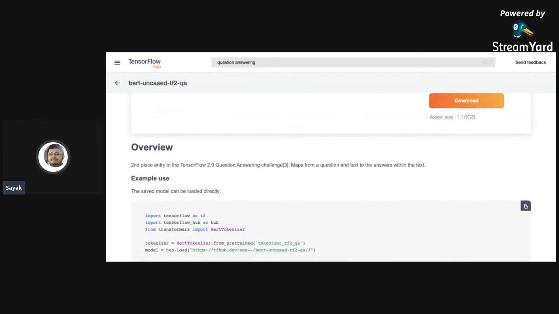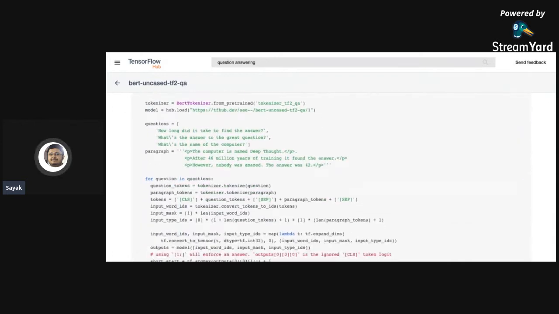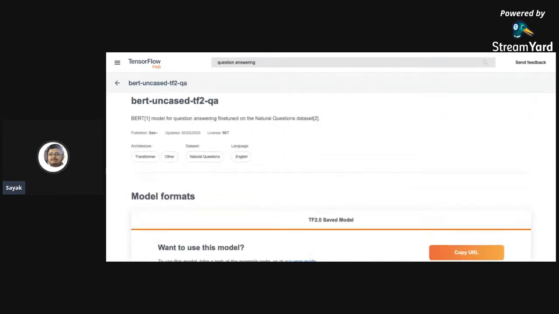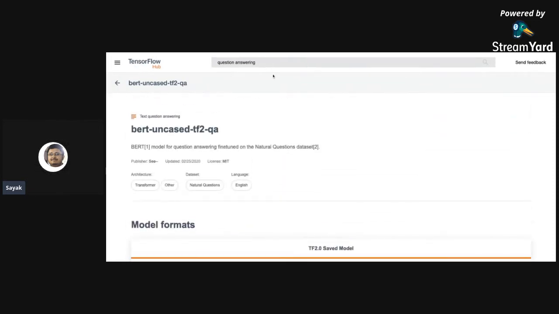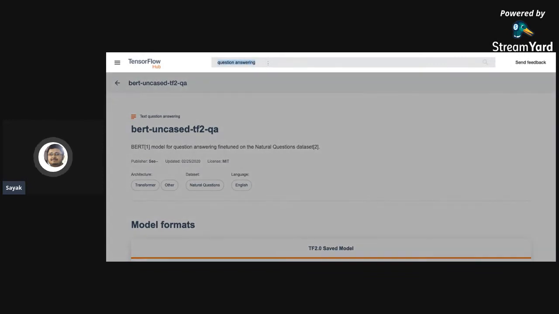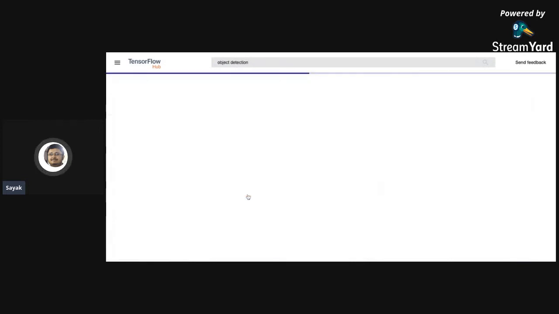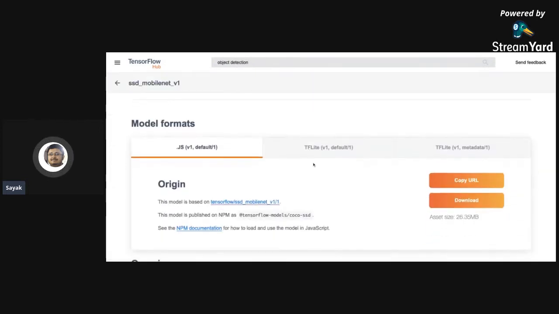So here you would see all the different stuff. Let's say we would want to run off-the-shelf inference, that is, you would just pass a question to the model and you would just like to receive an answer. That's also possible. So I think that is pretty cool. Also, let's say you are looking for object detection, and that's also possible. This is the MobileNet, everyone's favorite, and we have a TensorFlow Lite variant of it, and also a TensorFlow JS variant of it.